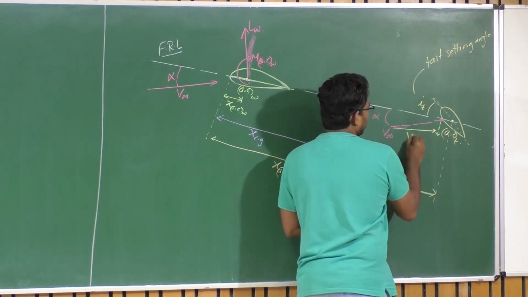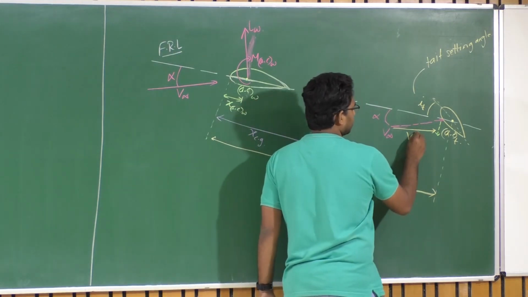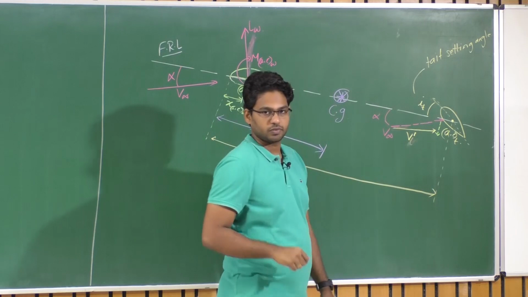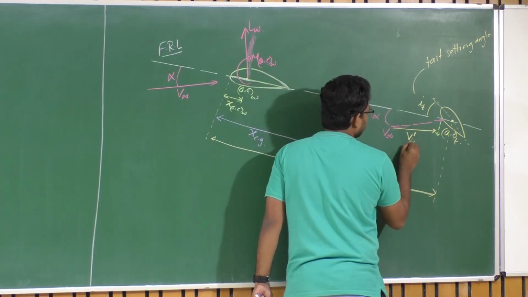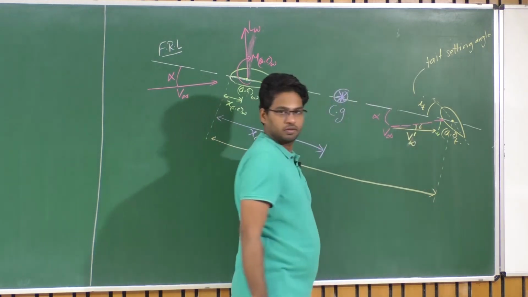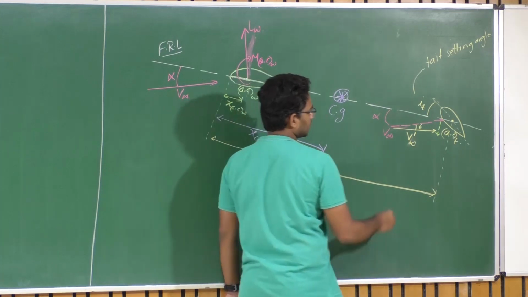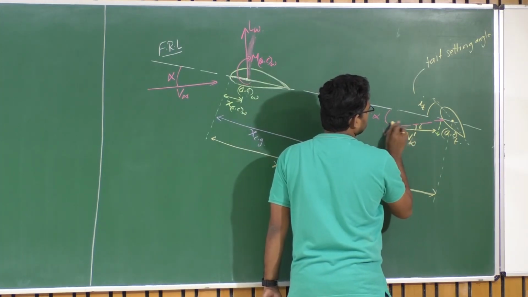This is my velocity at the tail, Vt or V prime we call it. Let's say V prime here. Okay. So V infinity prime. Okay. So this particular change in angle is epsilon. Okay. Is it clear? So now effectively I can, so this is equivalent to this.